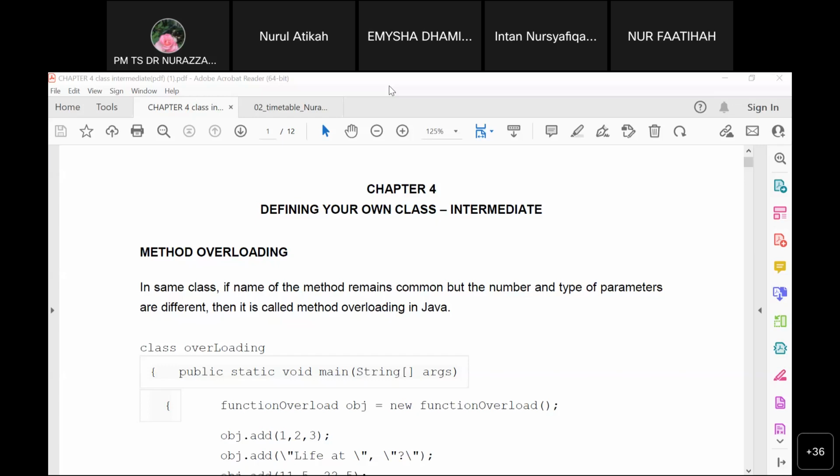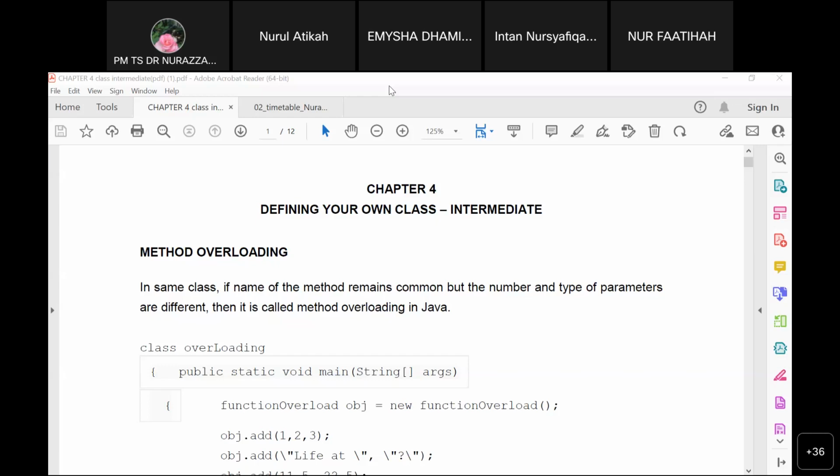There are different types of methods that we can declare: mutator, accessor, retriever, and different types of constructors. And then the method for print, and all the methods that are necessary to declare for a class. If you don't have any question on what we have discussed on defining your own class,